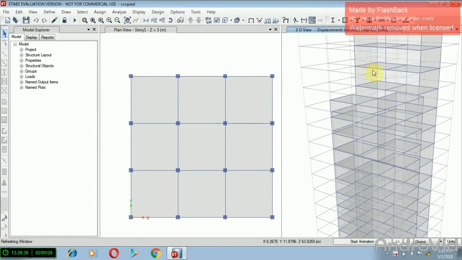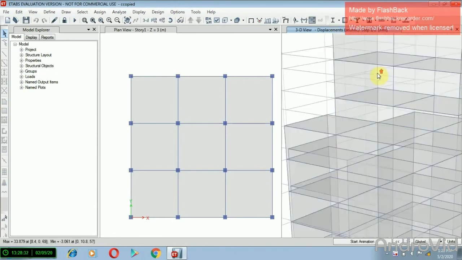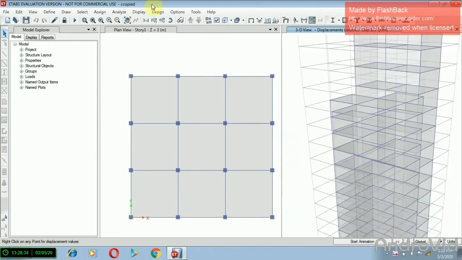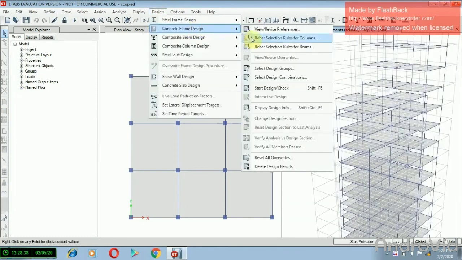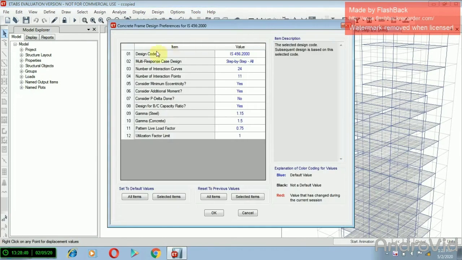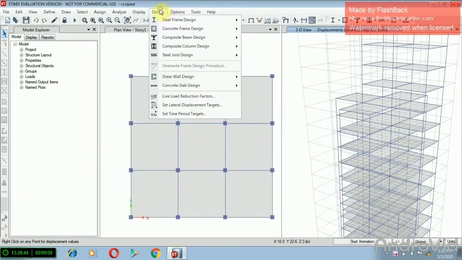Now go to the Design tab and select Concrete Frame Design and select View or Revise. The selected design code should be IS 456:2000. Now design the building by selecting Start Design or Check.